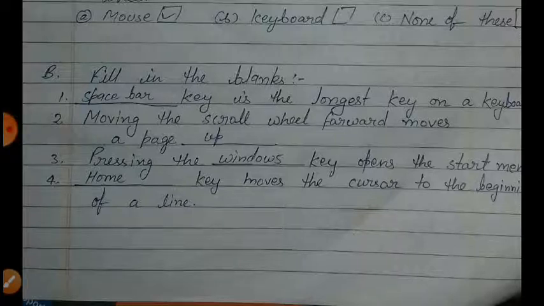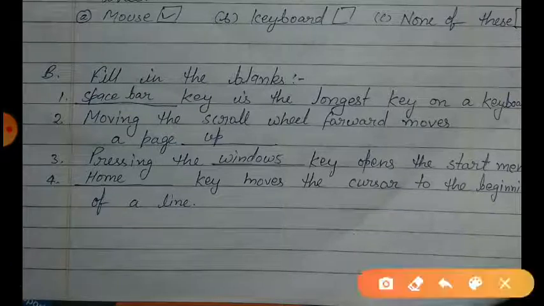As you all know, you can find the Windows key on the keyboard, the one having a window symbol, like this. Pressing the Windows key opens the start menu.